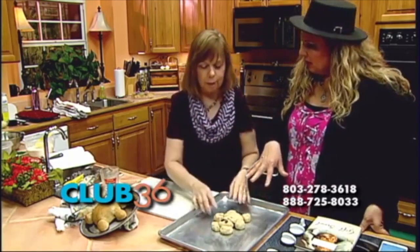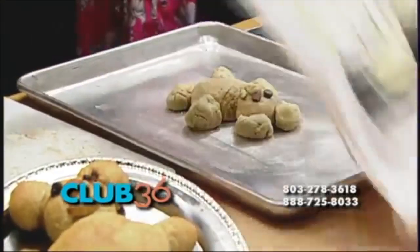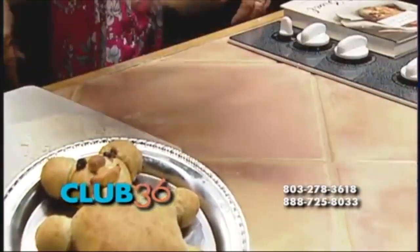So now we're going to let this all set and rise. We're going to let that sit, and this is going to come up as big as that when it's done. But we're going to put that aside. His mini-me. All right, so while we set that aside,